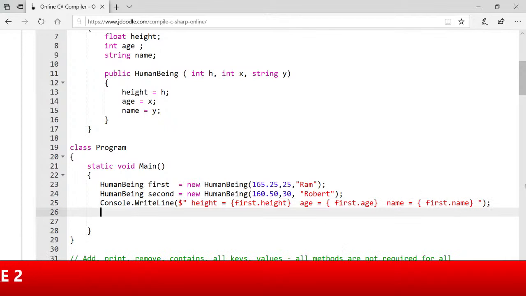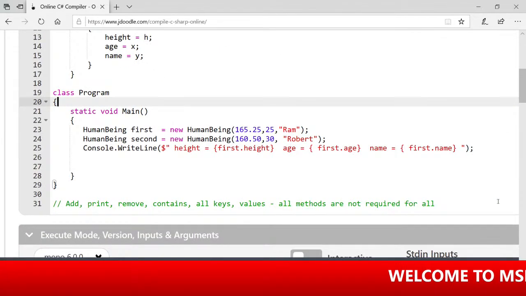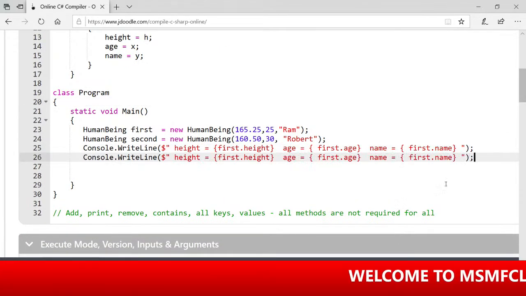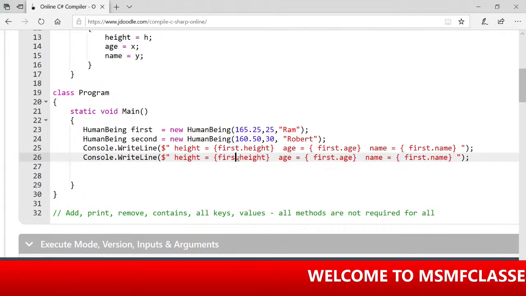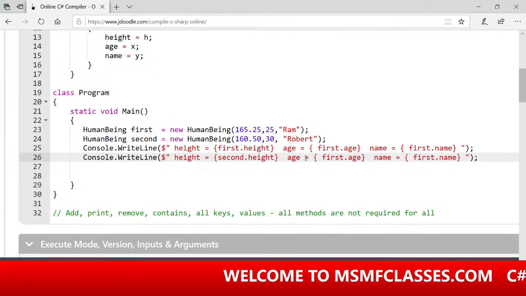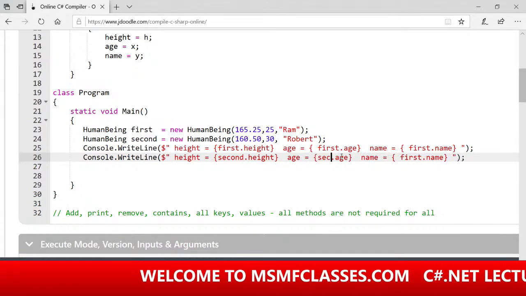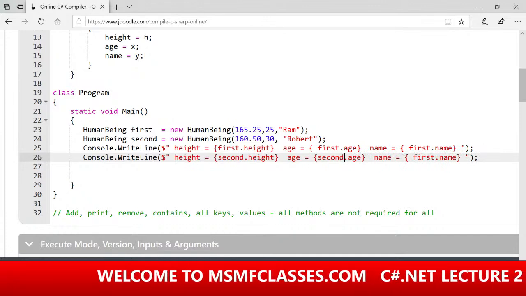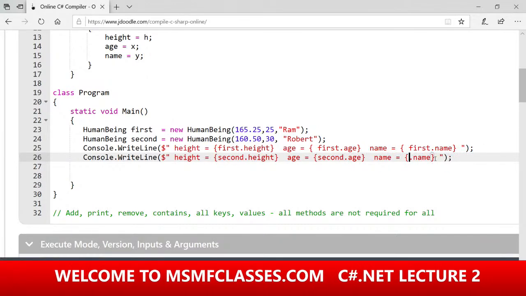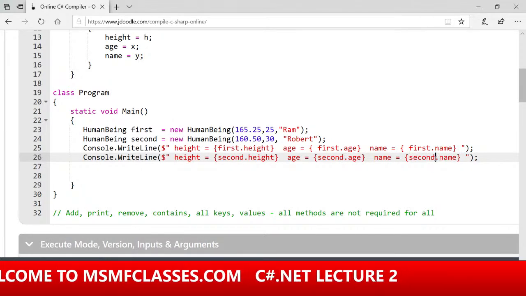Okay, now similarly let us print the data of second human being as well. Data of second human being. This is second dot height, second dot age, and this is second dot name. Okay,